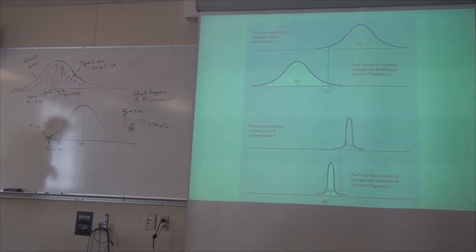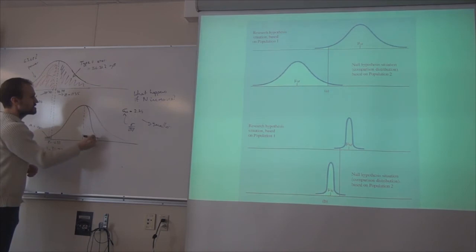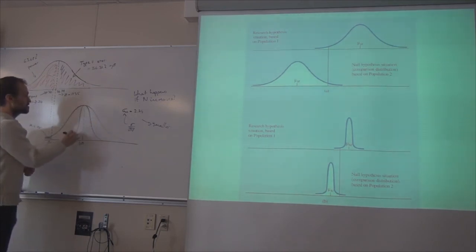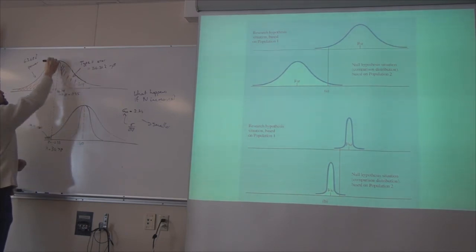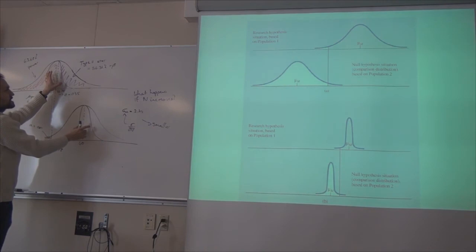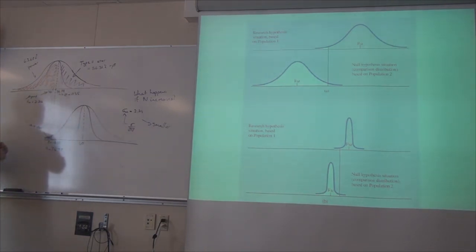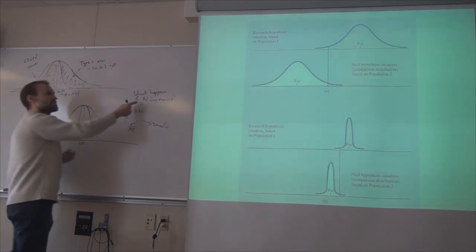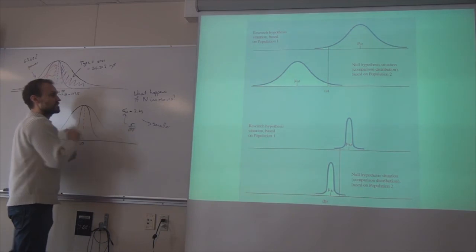What color can I use to illustrate this? They're all very thin around here. This is all going to be thin because I'm assuming the same distribution. See, the overlap is going to be much less than when the standard deviation was bigger. So by increasing the sample size, I'm directly affecting the